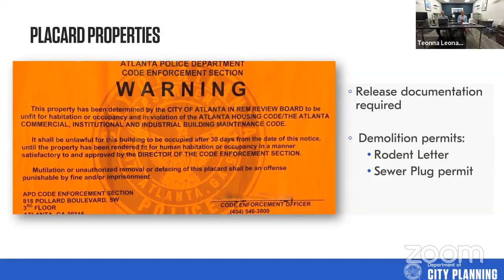A couple of things that I want to hit on because I don't believe it's included in this slideshow. How long is a permit valid? We get this question a lot. Once a permit is issued, it is valid for 180 days from the date of the last activity. Activity is deemed as issuance, approval, or inspections.